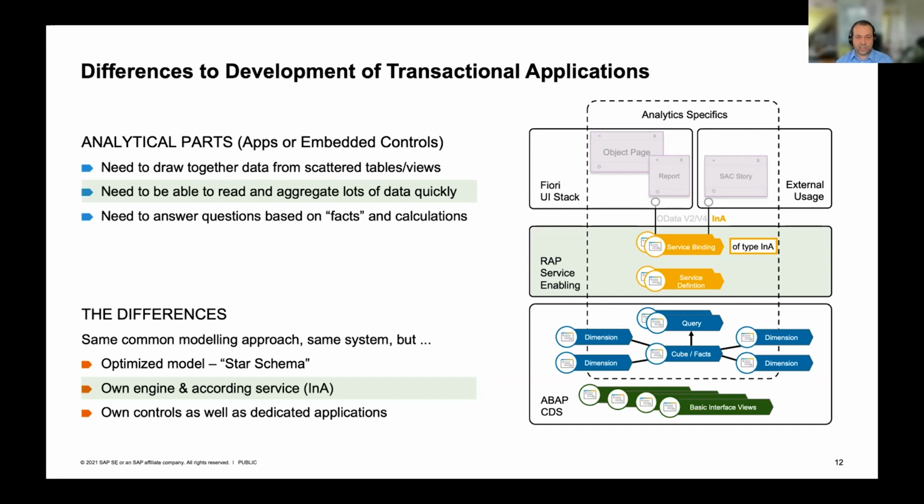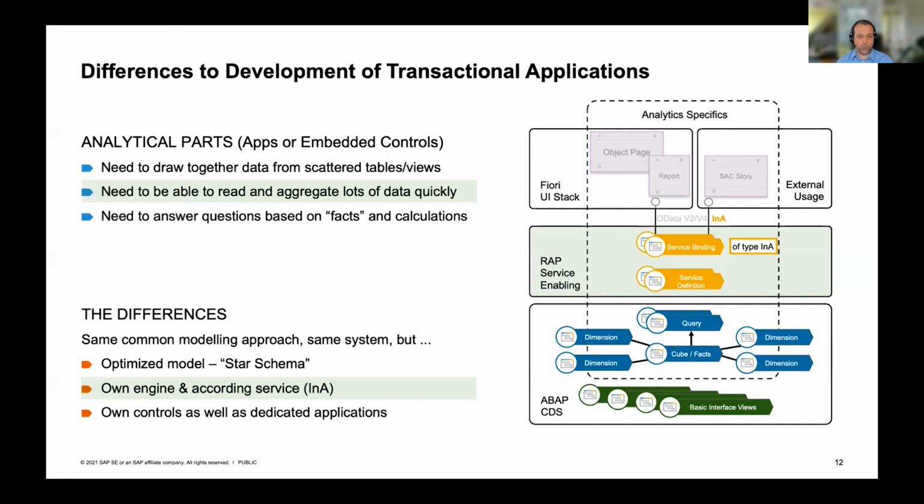So examples of the features that we do not have in the transactional world with OData and that we do have due to INA are that we have, for example, result set driven filtering. So we can do top-end filters by dynamically defined measures. Or we have relative input parameters like the last fiscal year. We have extended currency handling, extended unit handling. That means we could sum up different currencies. It's also not possible as easy in the transactional world. We can do dynamic aggregations, define intermediate results, do exception aggregations, and all that is due to the analytical engine